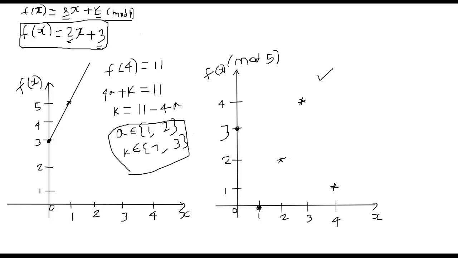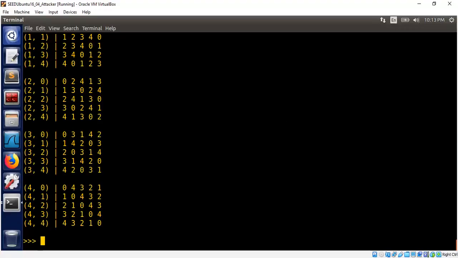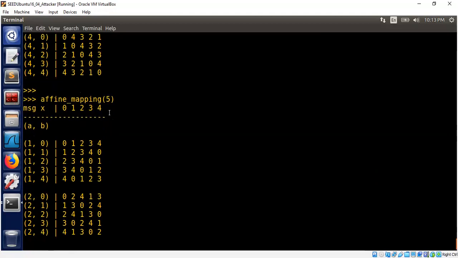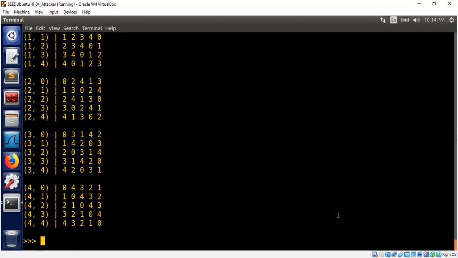Let's say (4, 1). Let me generate the table again. Suppose somebody gives you only 1 point. Somebody says my f of 4 is 1. Here is your x being 4, and then you can look at 1. Here is 1. That means the A value could have been 1, K value could have been 2. But then you can also have A value to be 2, K value to be 3. All possible A values and K values are possible. Just knowing 1 point doesn't help you much when you do mod P. That's the reason why we do mod P on this particular problem. Okay, that's all. Thank you very much.